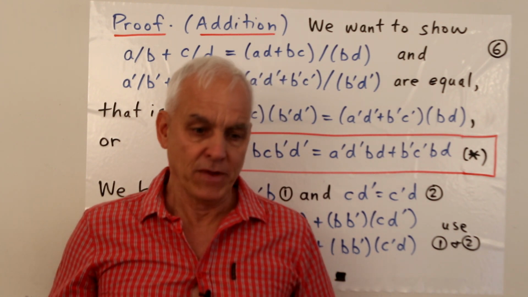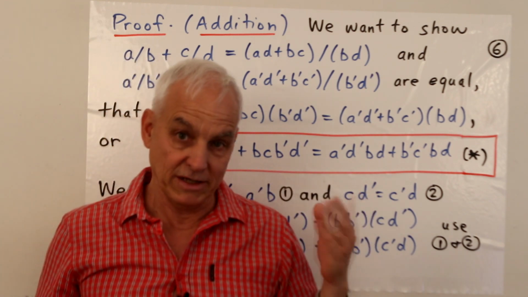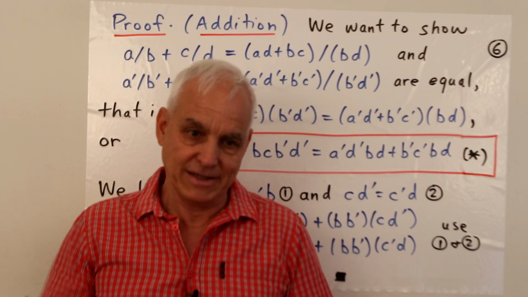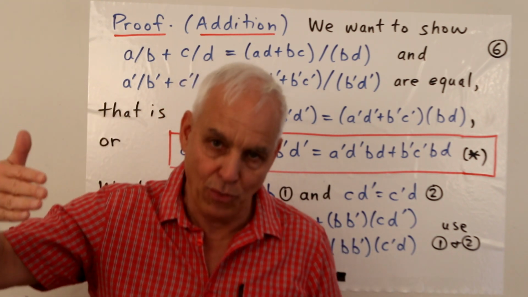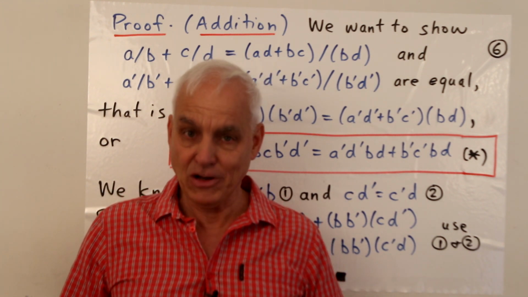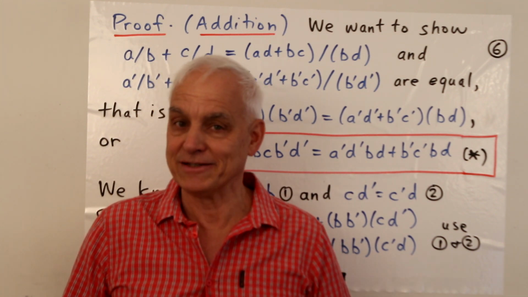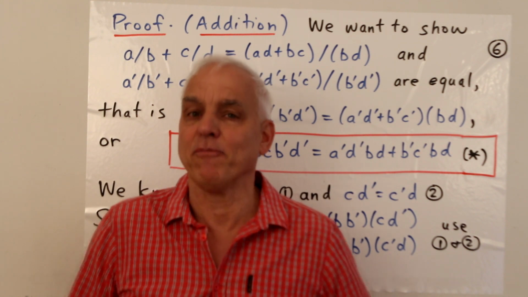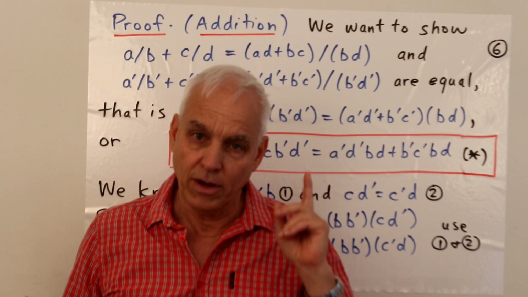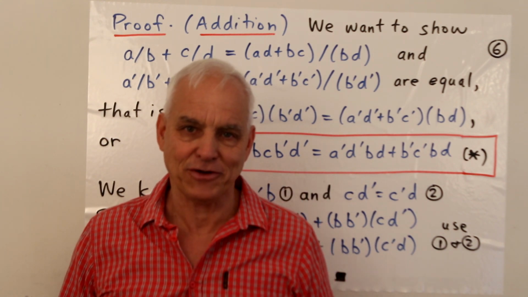It's a subtle issue, and I think it's fair to say that most primary school students would be dismayed by this proof. This would be too abstract, too algebraic. This is something that you might learn in high school, okay? And probably you should learn it in high school when you're learning a little bit of algebra. But I think for most students, this probably slips through the cracks. I wouldn't be surprised if less than 5% of undergraduates have ever seen or gone through the proof that these two operations are well defined on fractions.